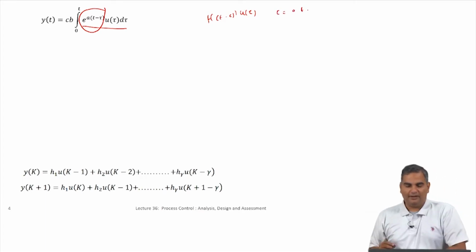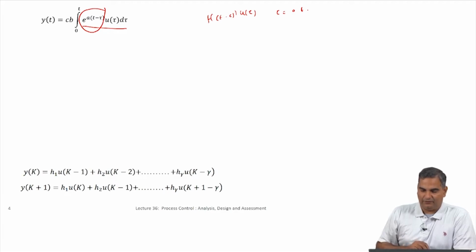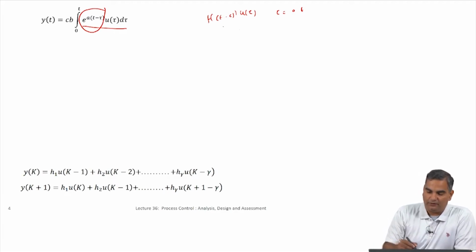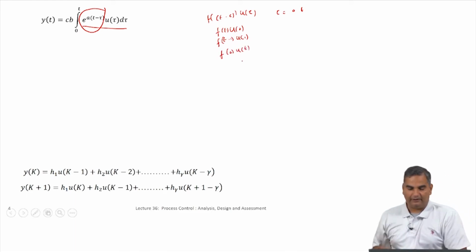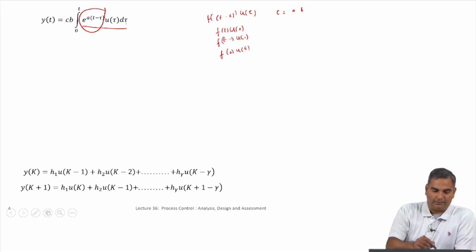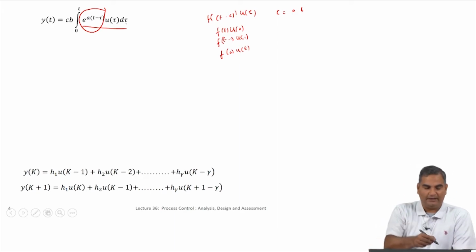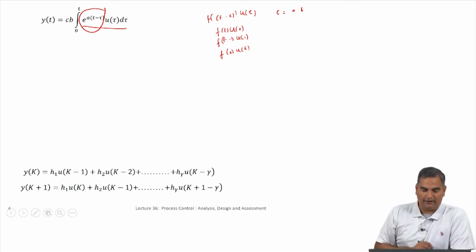So, if I substitute tau equal to 0, then this is some function of t times u of 0. If I substitute tau equal to 1, I get some function of t minus 1 times u of 1, and if I substitute tau equal to t, I will get f of 0 times u of t. So, if you think of this as a function multiplying u of tau, this is being done continuously in a regular